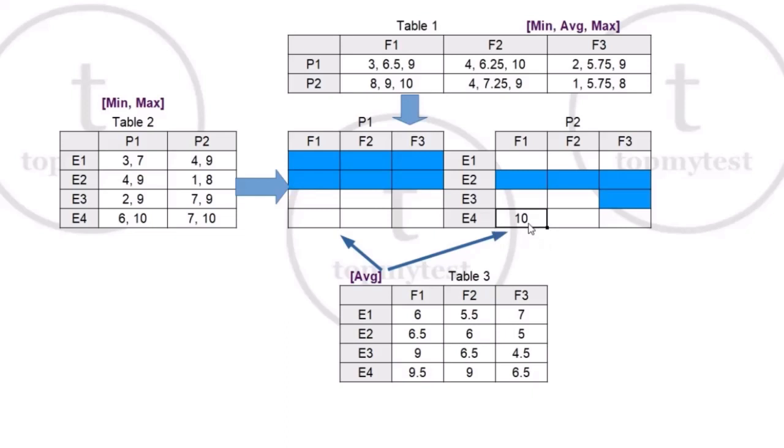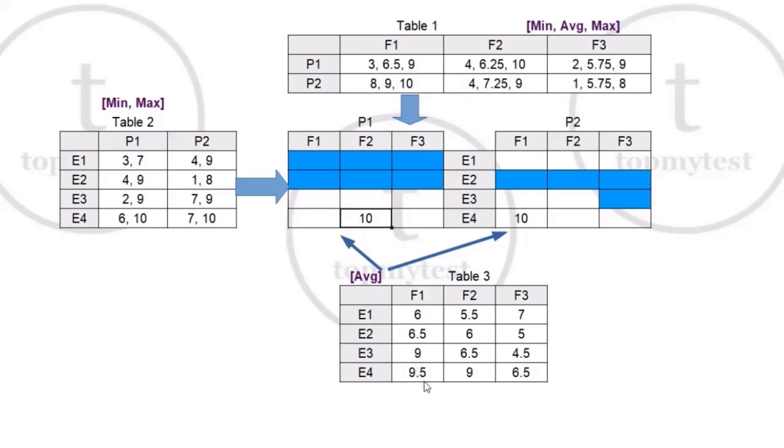By the same logic, on feature 2, P1 has gotten a 10. Nowhere else has he gotten a 10, right? So he's going to get a 10 in this column. Similarly, he is going to get a 10 in this row. Nowhere else does he get this, right? The intersection is this. So in feature 2, P1, E4 is given a 10, right? So this part is done.